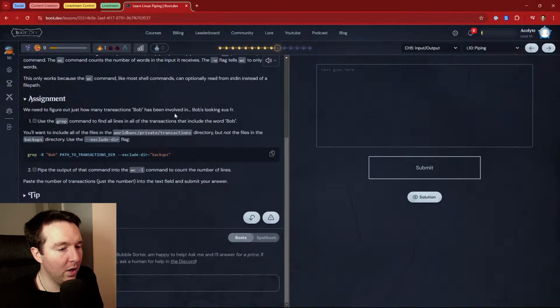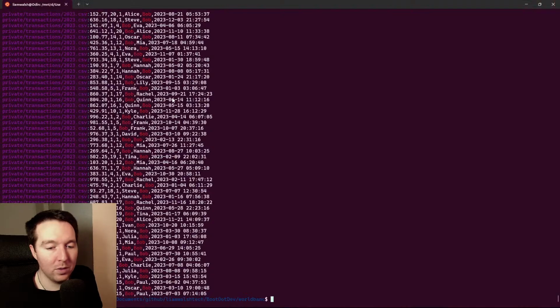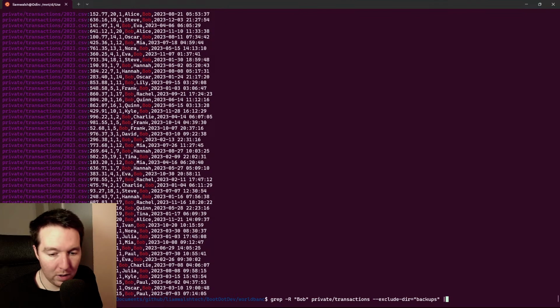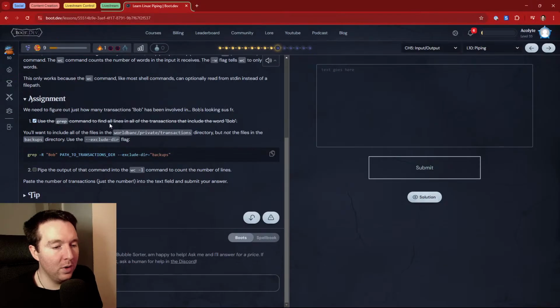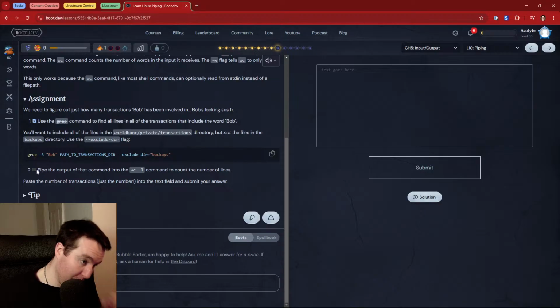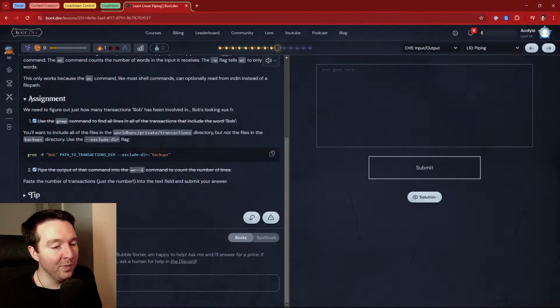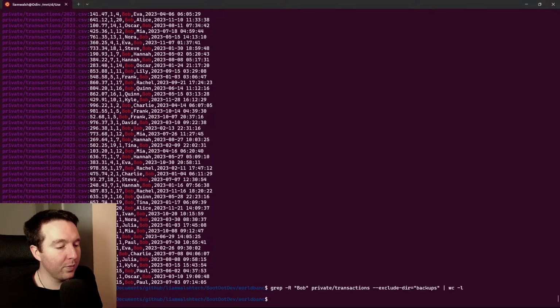Pipe the output of the command into wc -l to count the number of lines. So that. And then wc -l.